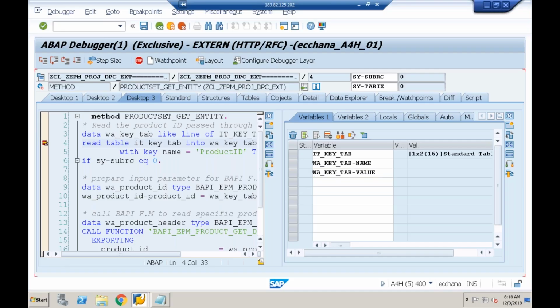So when I say F5, I got the value. I didn't get the name because as part of the read statement, I am using the addition TRANSPORTING VALUE. So I'm just transporting the value of the field from the body to the work area. If I don't use transporting,